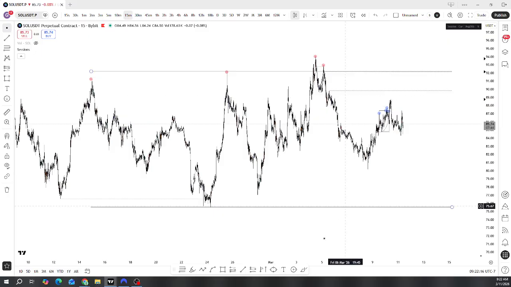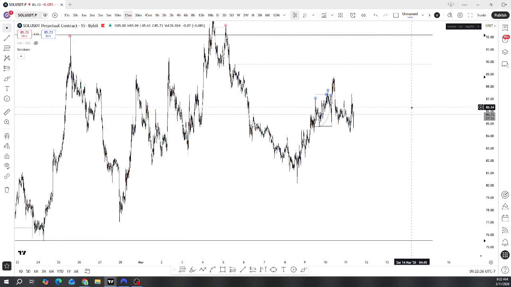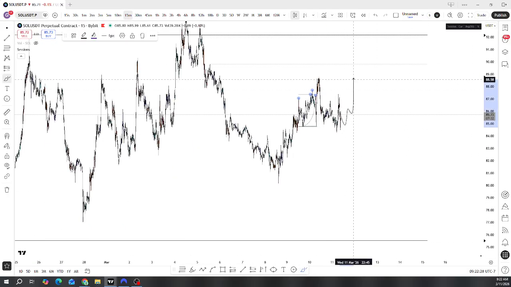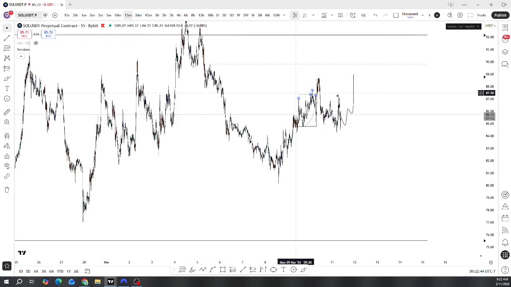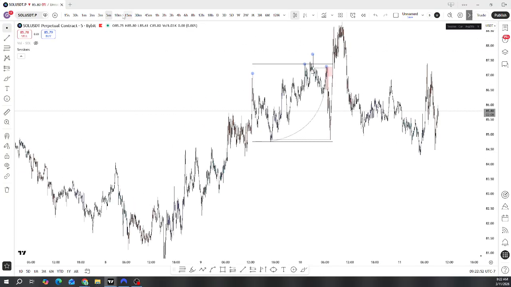On this move up, we did mitigate the least refined region of that POI on Bitcoin, which we're still looking to see a potential move up again on Bitcoin to come into the more refined region, and hopefully see some altcoins aligning. If not, and Bitcoin gives a quality confirmation, we can just take the trade on Bitcoin. But it's nice to have some altcoins aligning, just in case the confirmation isn't as perfect on Bitcoin,